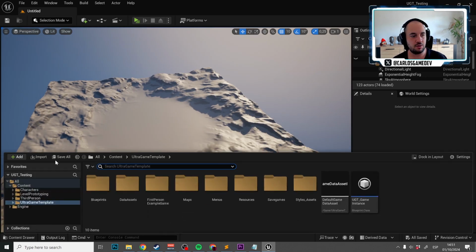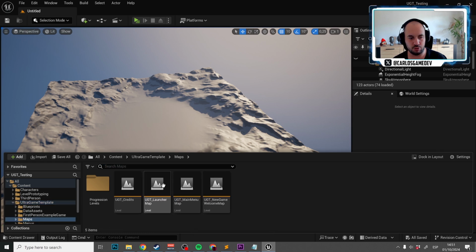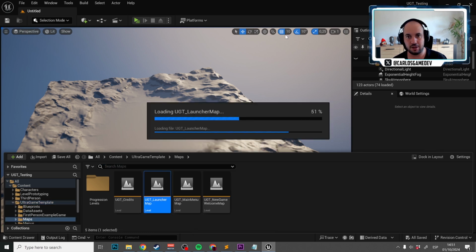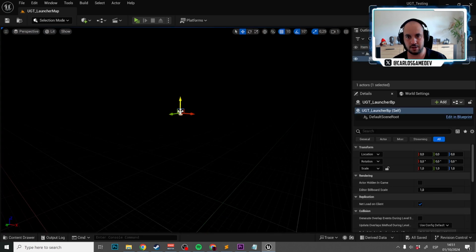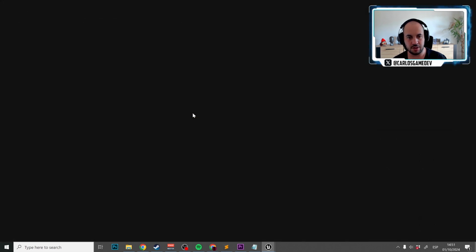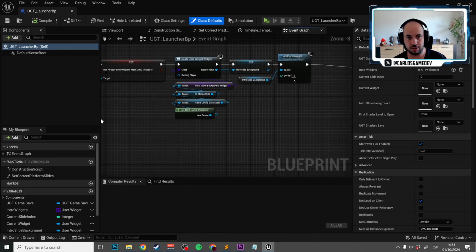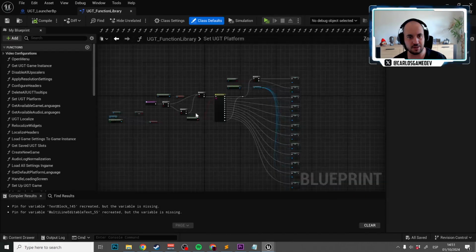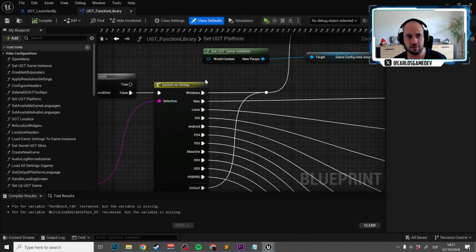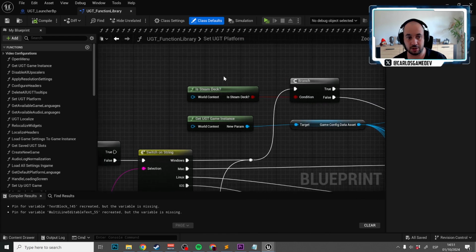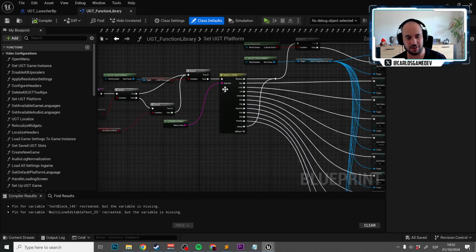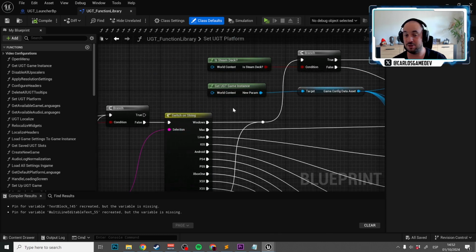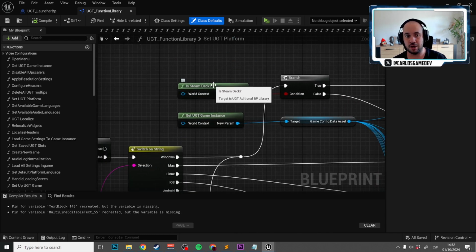Okay, so if I go to Ultra Game Template Maps and I go to UGT Launcher Map, and here I open the UGT Launcher Blueprint. Eventually, and you have already seen this in another tutorial previously, you will see this function called set UGT platform, and this function is fantastic. Somewhere, if the platform is Windows, it has this node over here, which is, hey, am I on a Steamdeck? Because even if Steamdeck is using Linux, the problem is that because it's using Proton, this function over here actually returns Windows. So this is a little function that I've done, and if we enter inside this function,